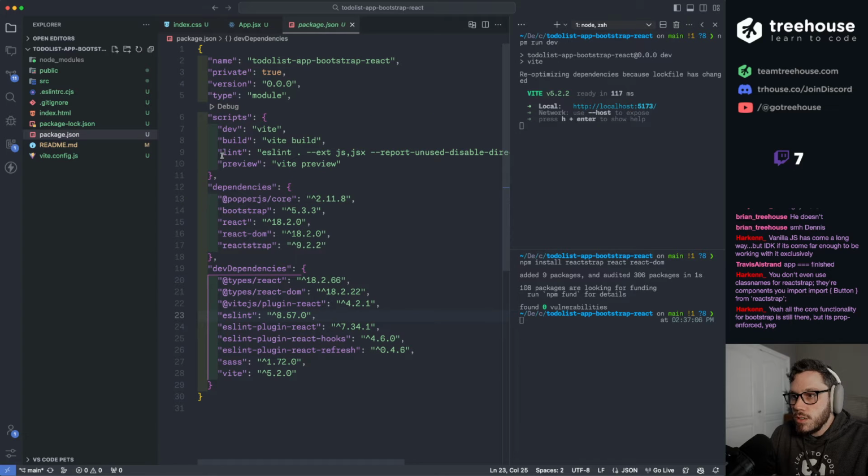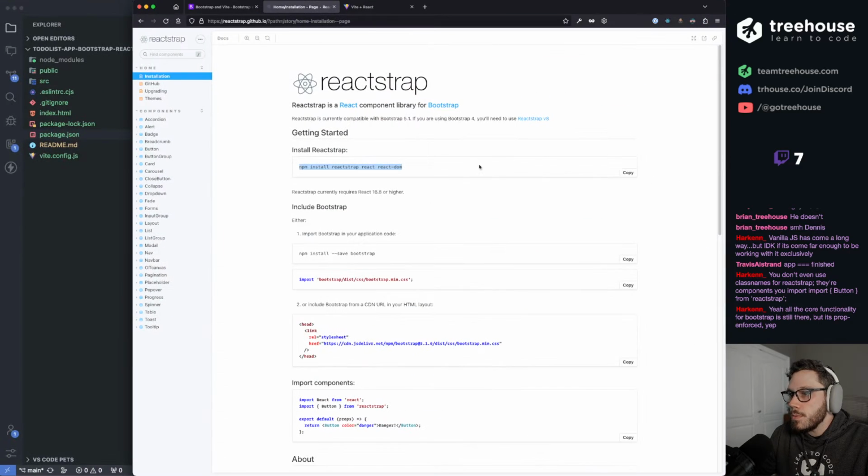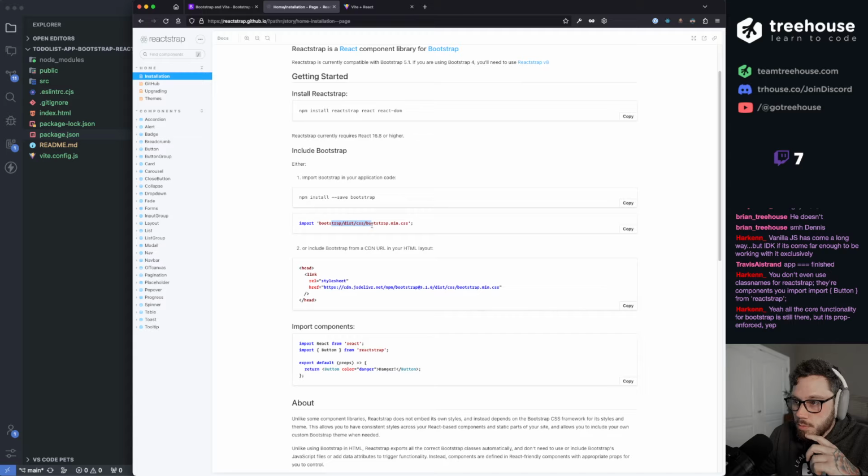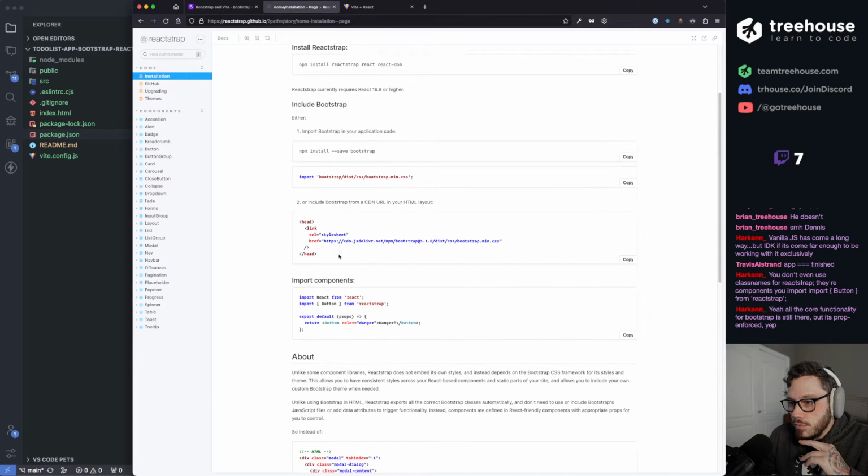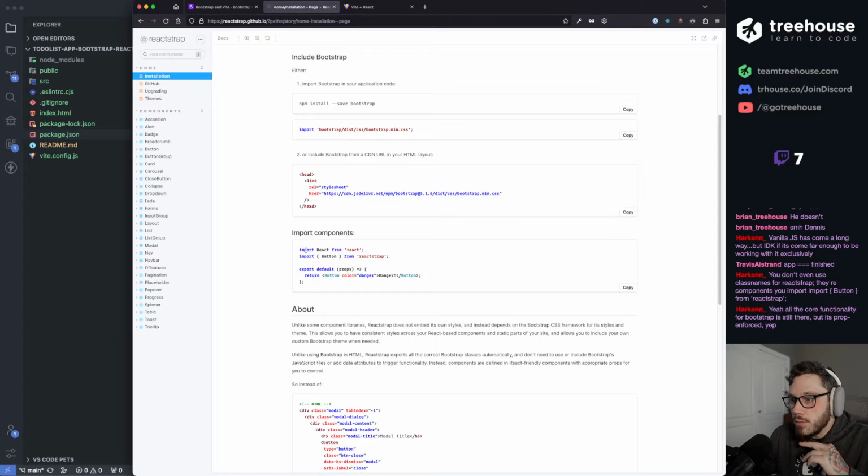Let's see. Reactstrap, yeah. React DOM. Yep. We already have this installed. We're already importing this. Import React from React, import Button from Reactstrap. Let's try this.